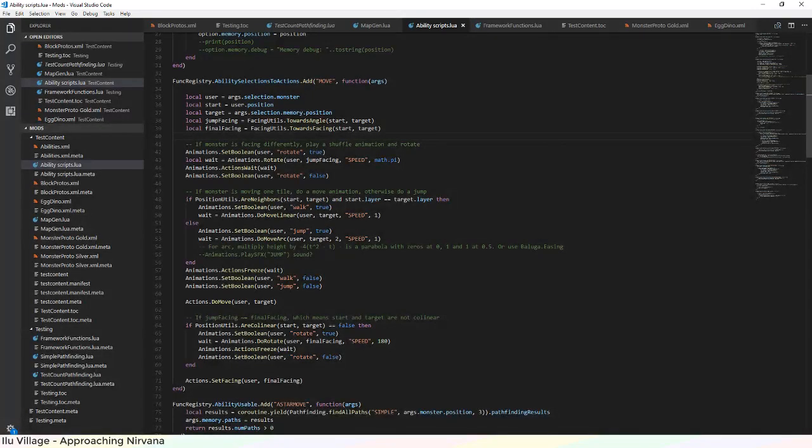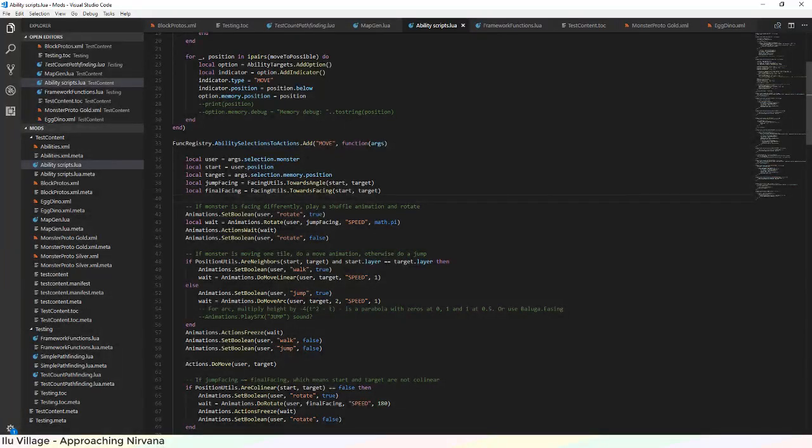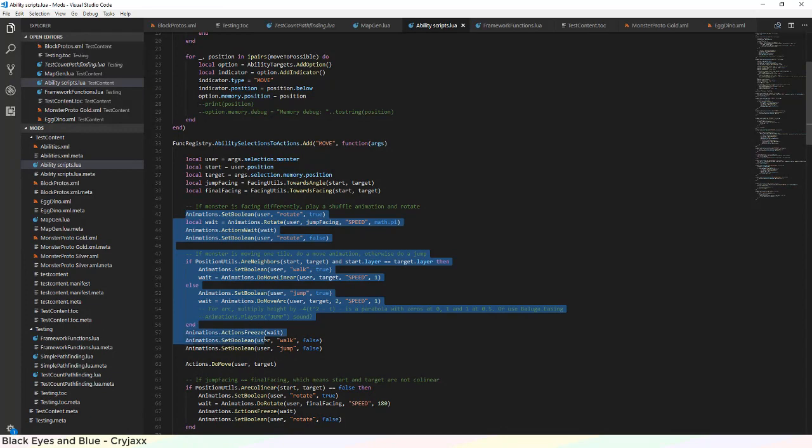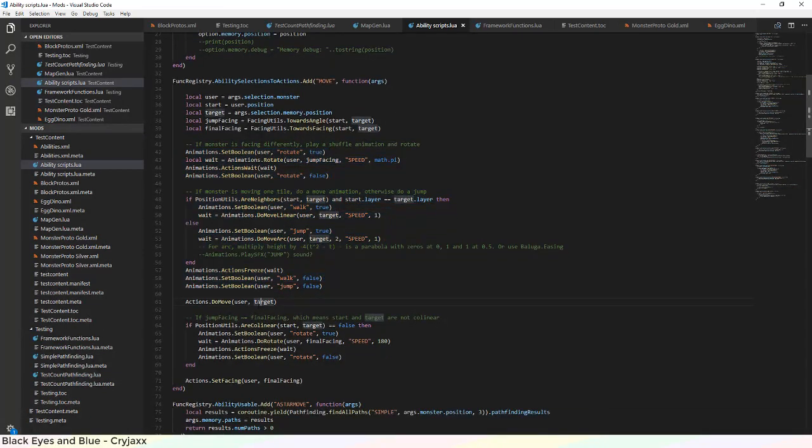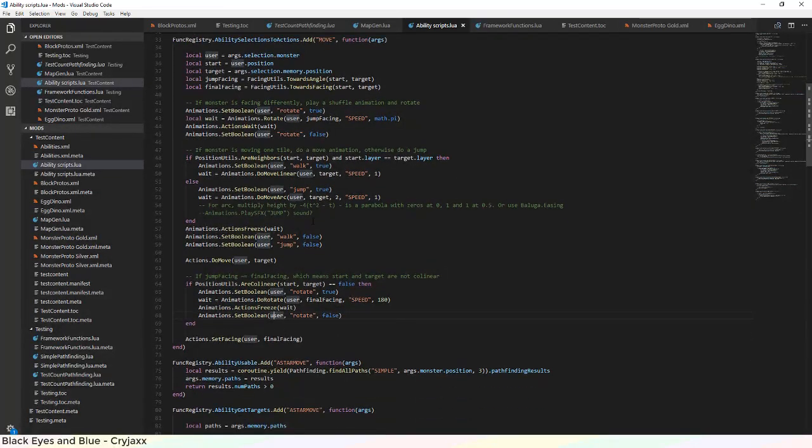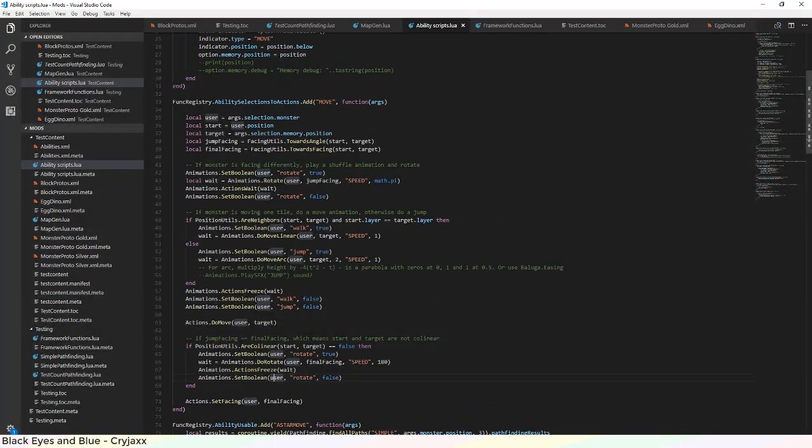And for example, here is a script for a move ability. This is just a bunch of animations, and the first actual game action is here, where we move the user to the target. Then some more animations, and then set facing. So we need to be able to store these animations in sequence and say these play before move and